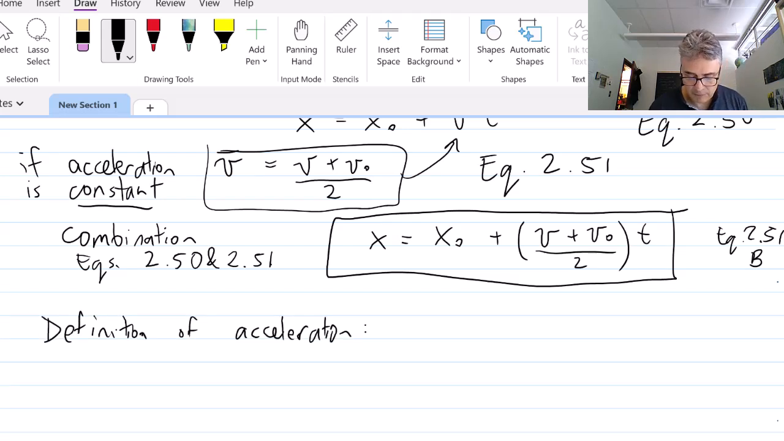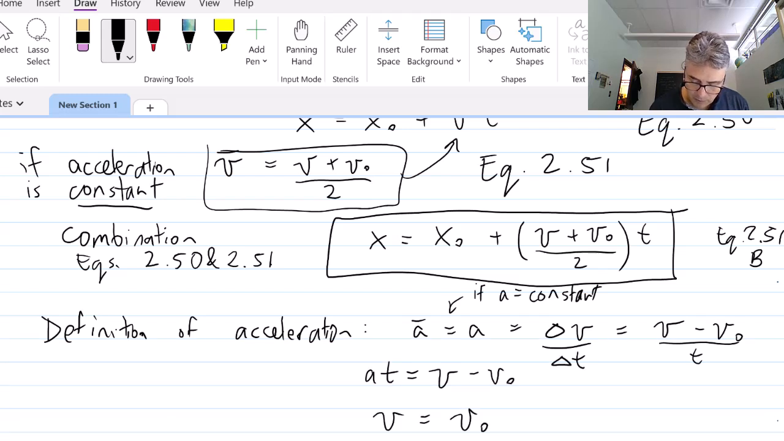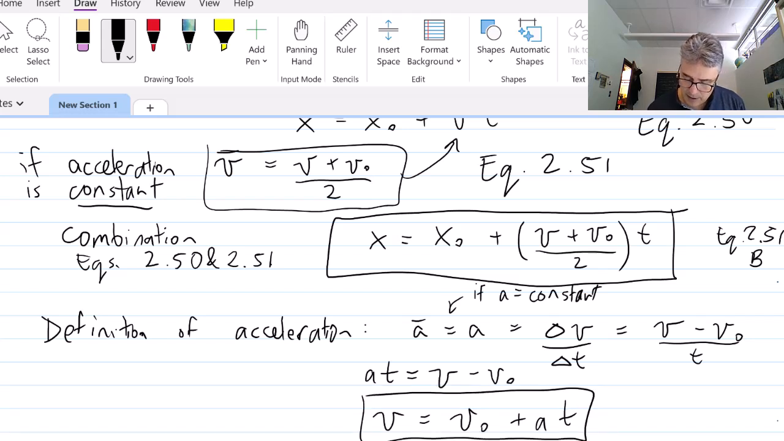Well, actually this is the definition of average acceleration, but that's the same as acceleration if a is constant. It's just delta v divided by delta t. So again, with our definitions, that's v minus v initial all divided by the time. And so you can rearrange that. You get a times t is equal to v minus v0. So v is equal to v0 plus a t. So I'm going to call that equation